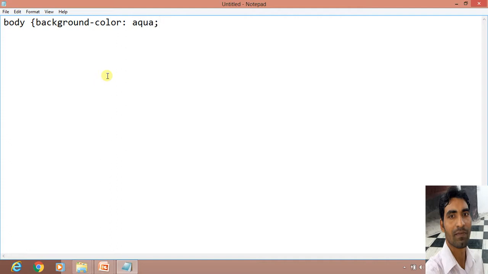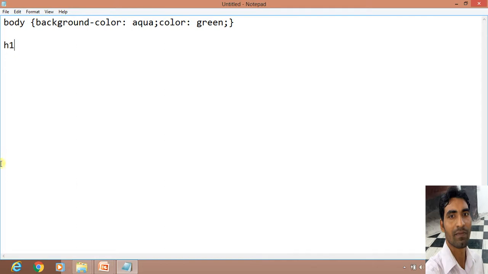Then text color, for text color we write directly color. Suppose the text color we want is green, this will be our text color, then again semicolon, then close the curly braces. Now for the first element we have written the property, we have written the style. Now the second element, our second element was h1.